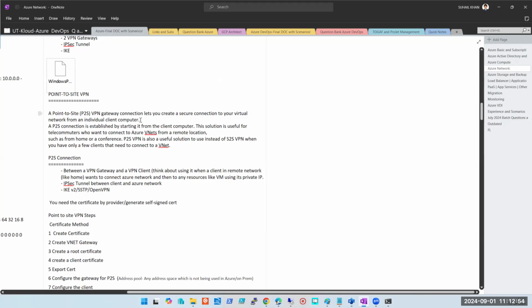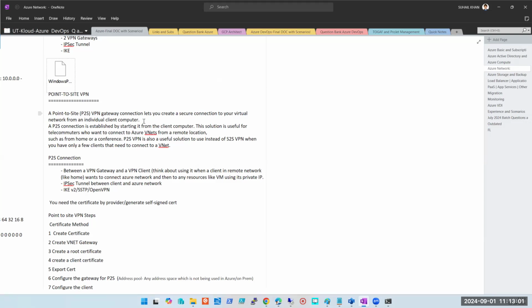Point to site connectivity कब आती है picture में? When you are working from home, you are an individual user, you want to access some application on client network, ठीक है? Maximum nowadays we all are working from home, तो बहुत common हो गया है. Otherwise earlier we used to get these requests when I used to work in engineering team. तो especially किसी VP, manager, senior manager, he wants to work from home, he wants to connect to this network, वहां पर आप लोगों को establish कर कर देना पड़ता था. But nowadays work from home is very common, everyone is getting work from home. तो इसको जो है सबके लैपटॉप में ये लोग कॉन्फ़िगर करके दे देते हैं.